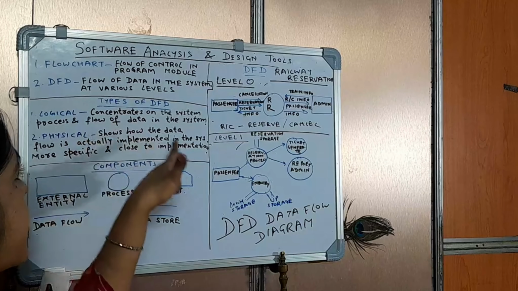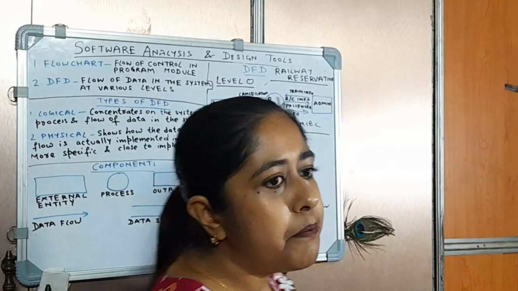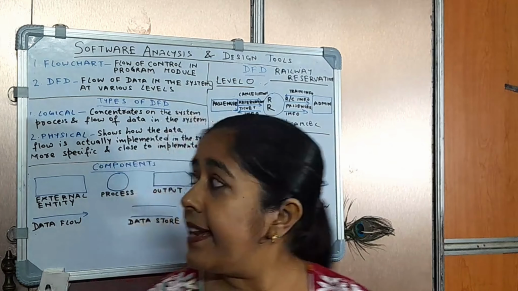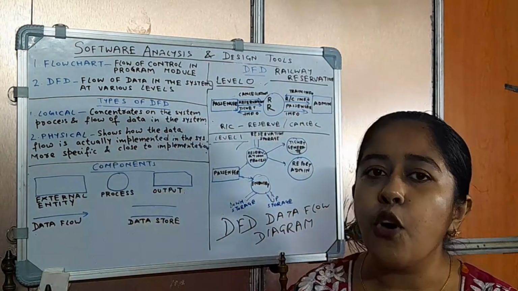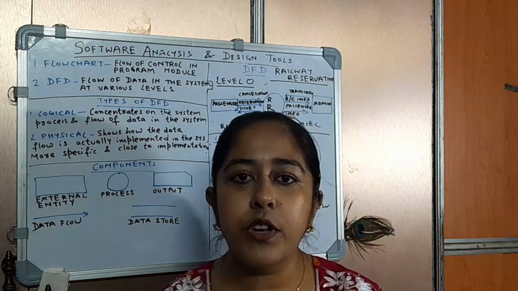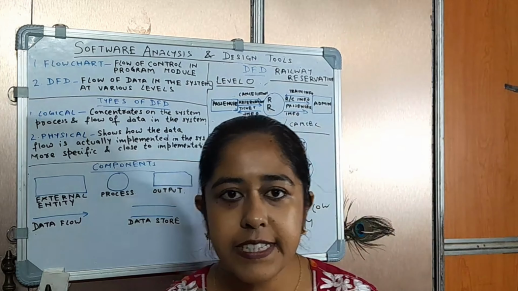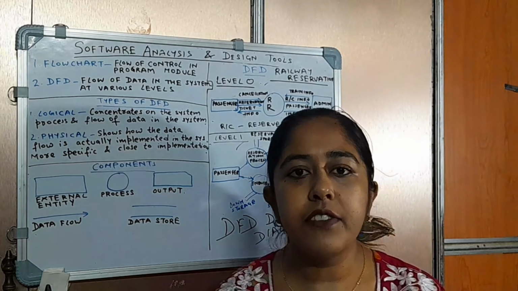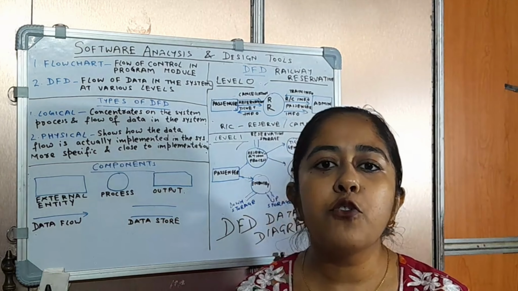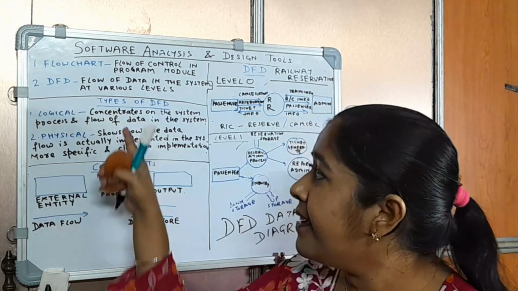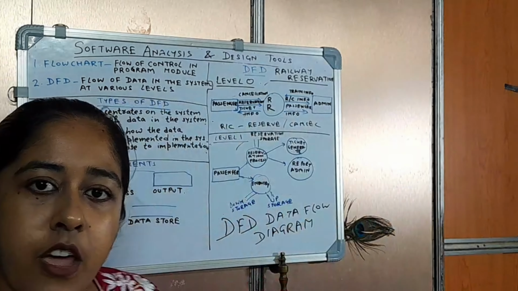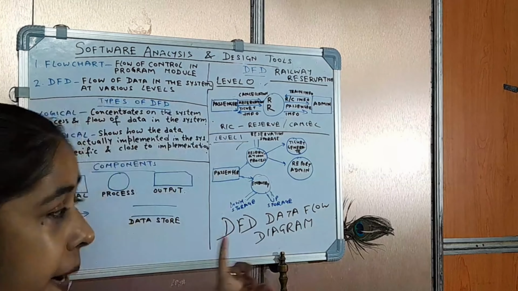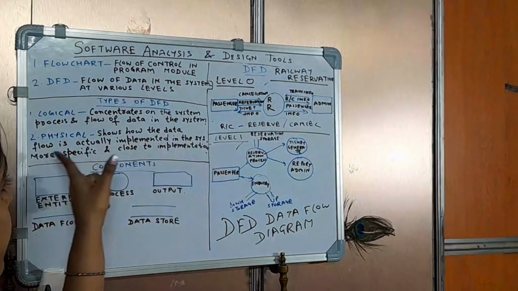It concentrates on the system process and flow of data in the system. It basically shows you how the flow of the data is going on. It just concentrates on the system process. What are the processes which we are going to see in your particular system? There are different processes included in our system. Those processes we are going to concentrate on, and the data flow in the system. Okay, this is going to be in your logical DFD, but physical DFD shows how the data flow